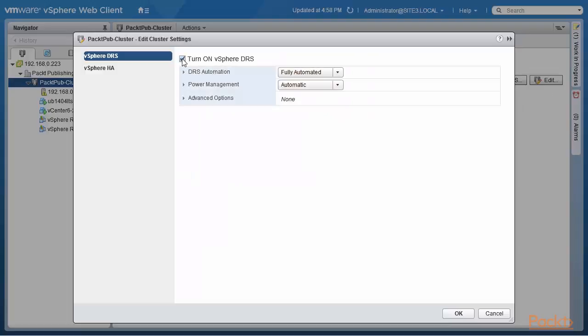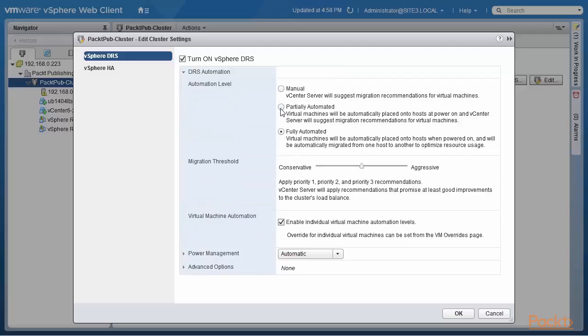We click on turn on vSphere DRS. As you know, the options are manual, partially automated, fully automated, and then you apply priority 1, priority 2, and priority 3 recommendations. And of course, it's priority 1 recommendation and priority 5 recommendations. Okay, and then in the middle is 1, 2, and 3 recommendations. So